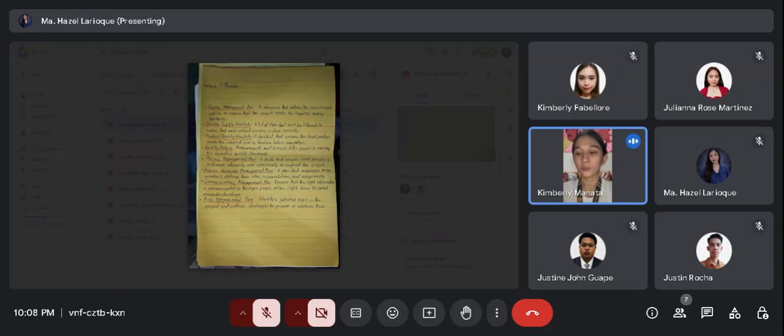Human Resources Management Plan, a plan that organizes team members, defines their roles, responsibilities, and assignments. Next, Communication Management Plan, ensuring that the right information is communicated to the right people at the right time to avoid misunderstanding. The last, Risk Management Plan, identifies potential risks in the project and outlines strategies to prevent or address them.